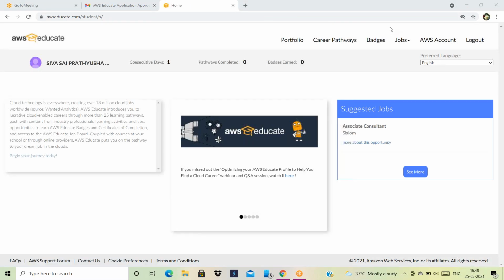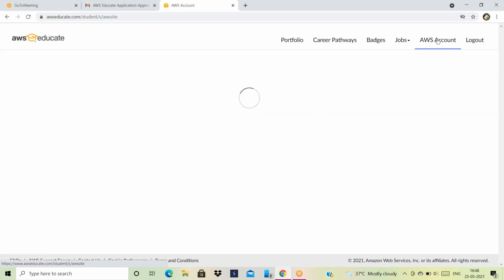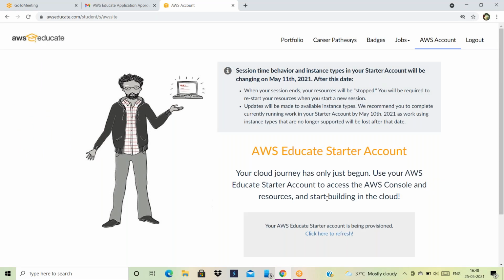So the next step, click on AWS account. Click on AWS account. Again click here to refresh.